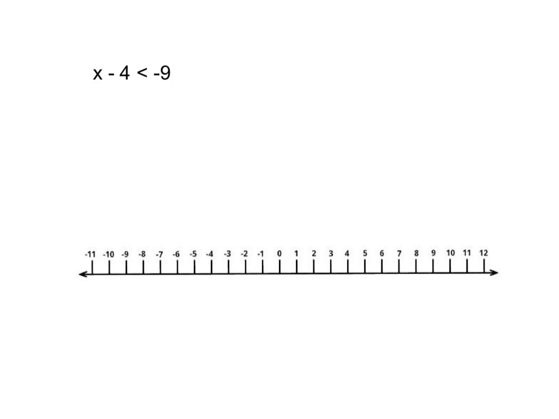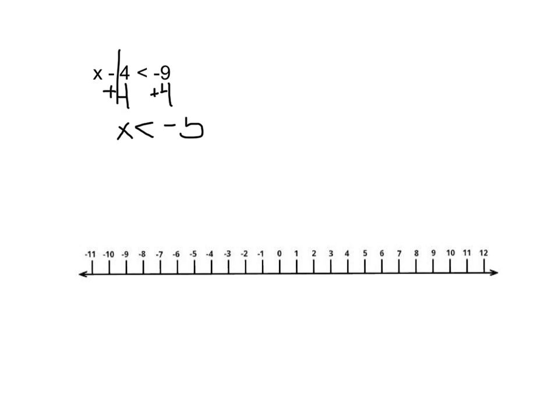Hey guys, today we are going to learn how to graph inequalities with two variables, or linear inequalities. Let's look back to what we've done with inequalities in graphing before. If you were given something like x minus 4 less than negative 9, we learned that we would solve this like an equation. So I would add 4 to both sides, and this would give me x is less than